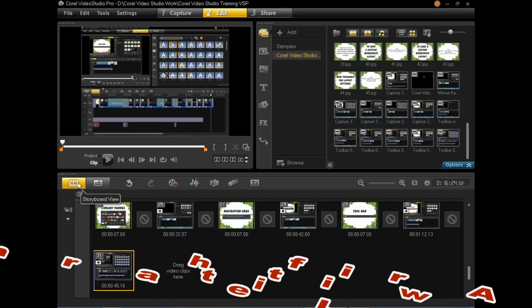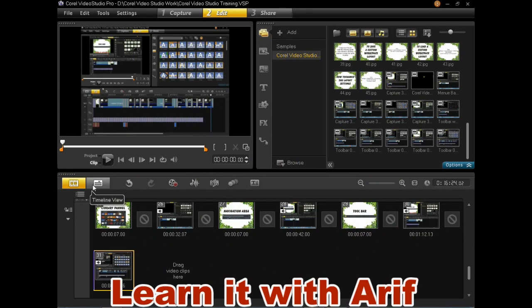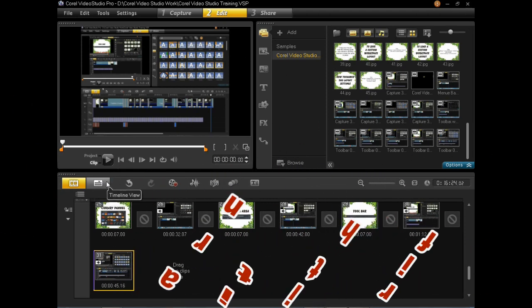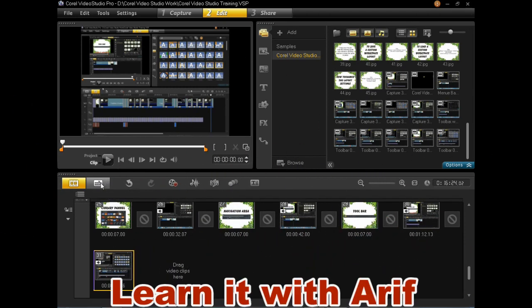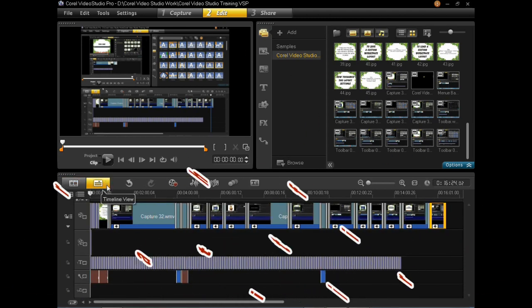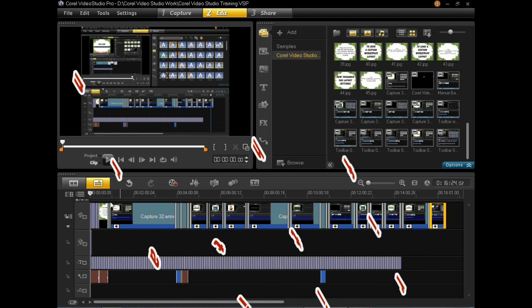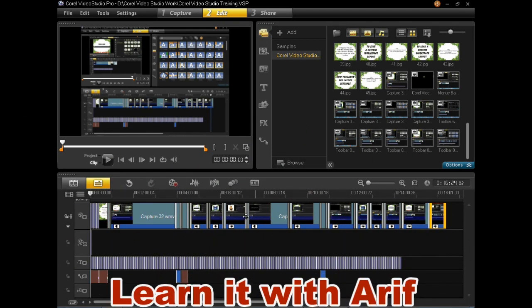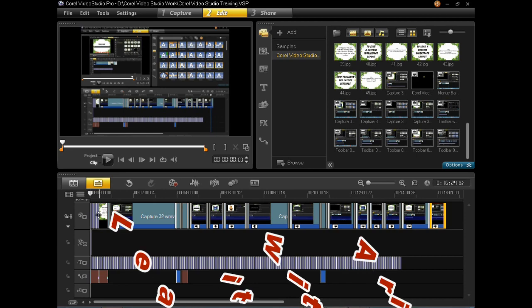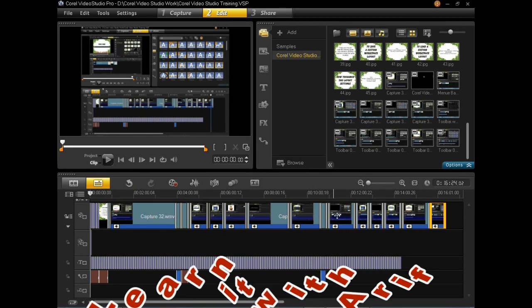After storyboard view, we see timeline view button on toolbar. Let us check what timeline view shows us. You can see in the timeline view, media files are shown in frames.